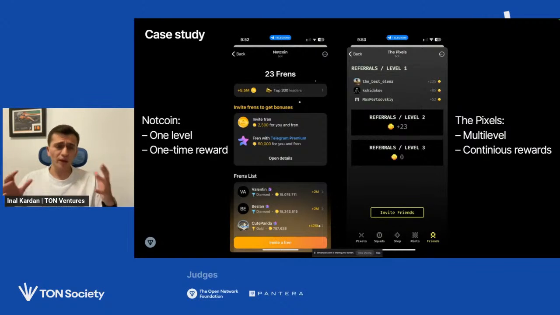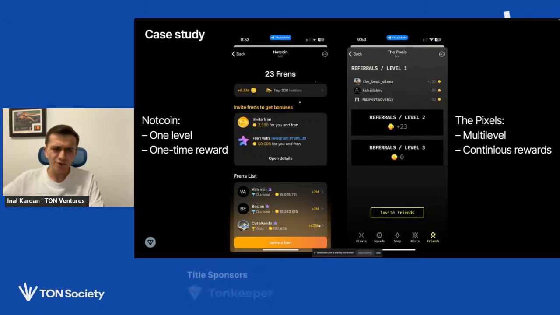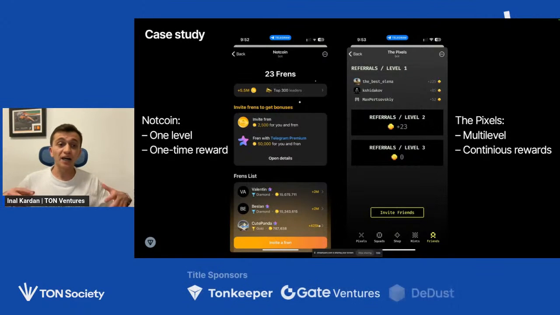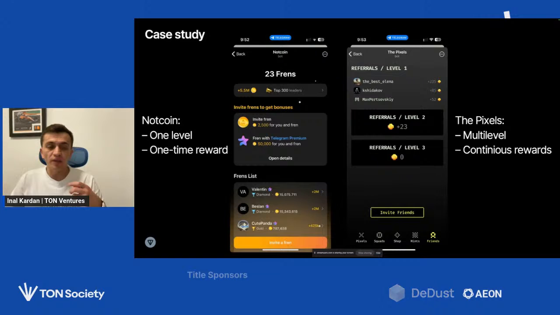So this is quite important to understand. There are different models, but these are always about invitations. This is always about making things viral and incentivizing people to invite their friends. There are other mechanics. For example, one game which is going to launch quite soon tries to incentivize people to share stories on Telegram, which is, in my opinion, another very good way to attract users. Attracting users through stories is a bit harder, but at the same time, you can be sure that people sharing stories on Telegram have Telegram Premium.